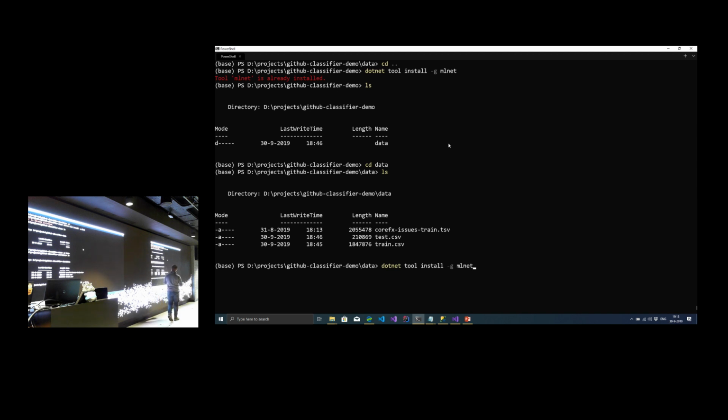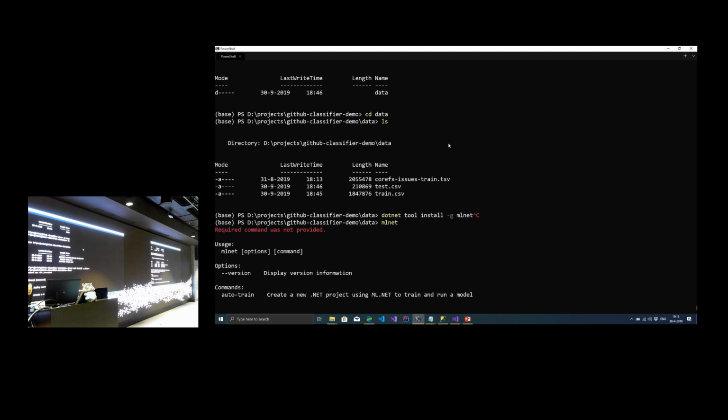And I can say, well, dotnet install a command line utility that uses .NET. In this case, I'm going to install the ML tool. The MLNet tool, I have it on my machine, so I'm not going to run the command actually. It offers a rather limited set of features. So once it's booted up, it has only one command actually, auto train. It's pretty limited, but let's use it to build a model.